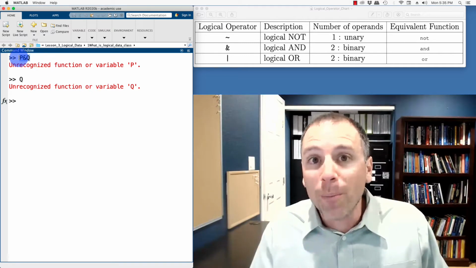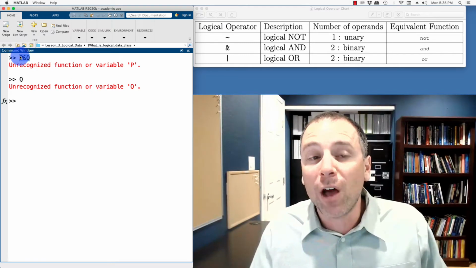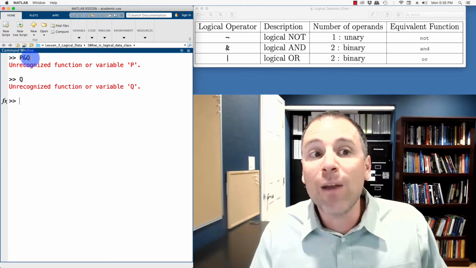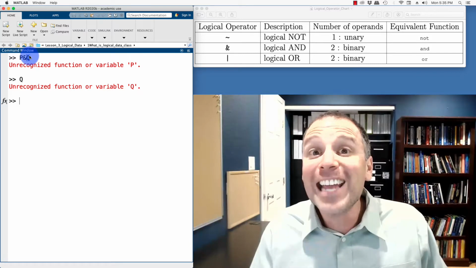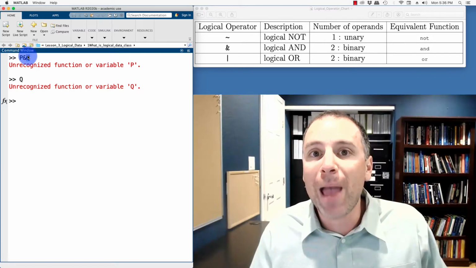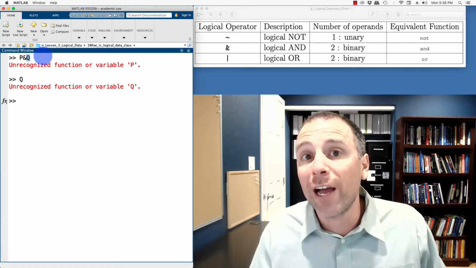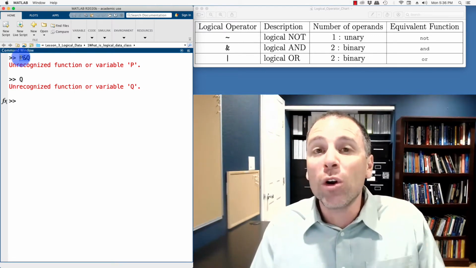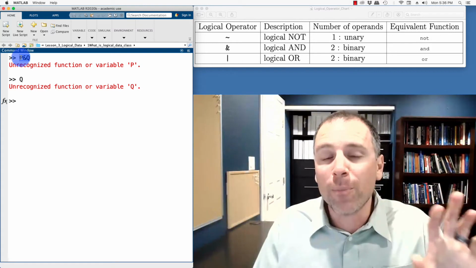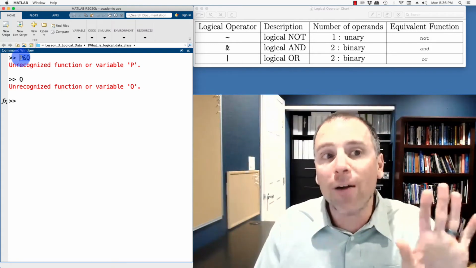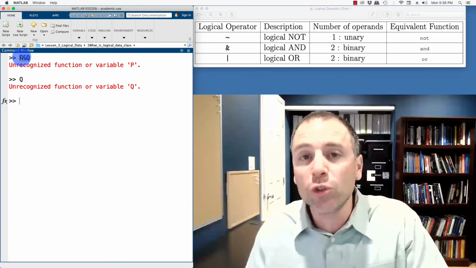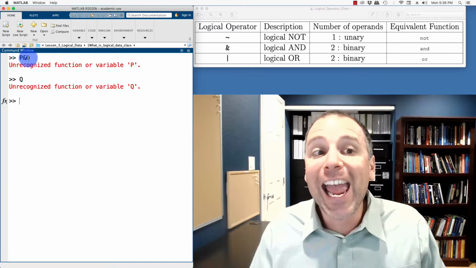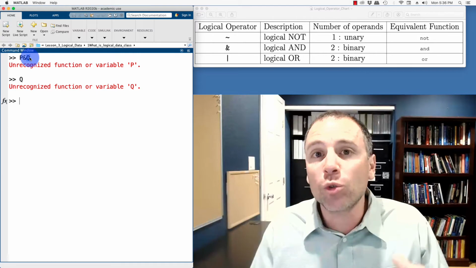This form of a proposition, this form of an operator says, whatever the value of P is and whatever the value of Q is, take the AND operator between them and produce the corresponding truth value for the P and Q. However, in order to transform the form of a proposition or the form of a logical operation into an actual truth value, we need to pre-assign values of P and Q to get the actual truth value out.